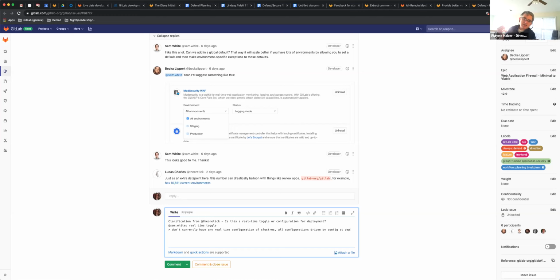Could you do a config change and then it automatically kicks off the pipeline? Yeah, if there's a button or this toggle, you select blocking instead of logging, it could trigger a new deployment pipeline. That's definitely one approach we could look at, but I don't think that we have anything currently in that wheelhouse. If it is a big paradigm shift like that, we might want to add a tooltip or some sort of additional warning. We might want to make that clear in the UI in some fashion, whether it's a note or a tooltip. I'm happy to defer to UX on what that exactly looks like.